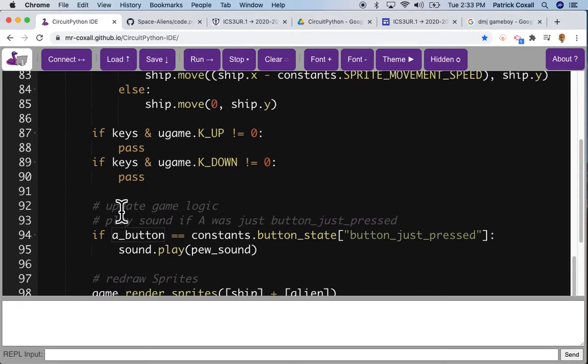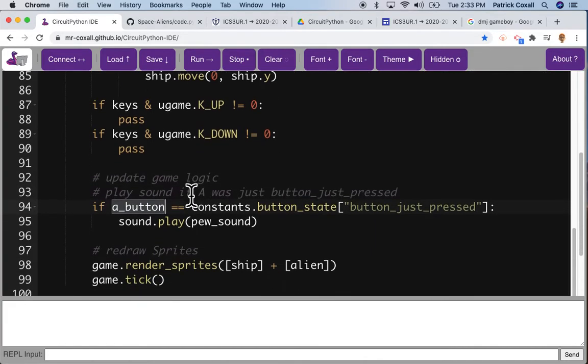Okay, so now under game logic, now that I know what the state of the button is, if the A button has just been pressed, then this makes the sound happen. So sound.play, and what sound file should I be playing? And this was my pew sound. So that will play the sound. So this is needed here